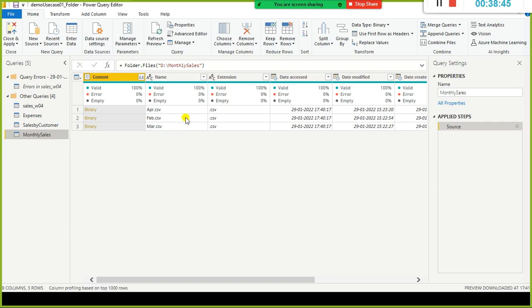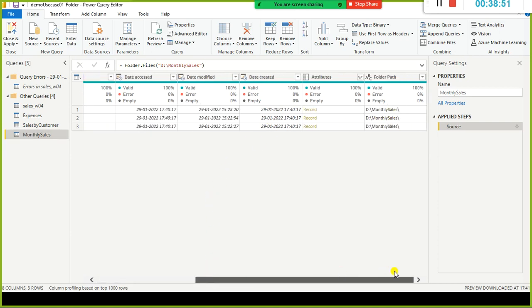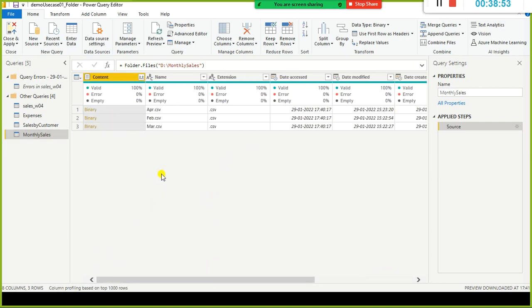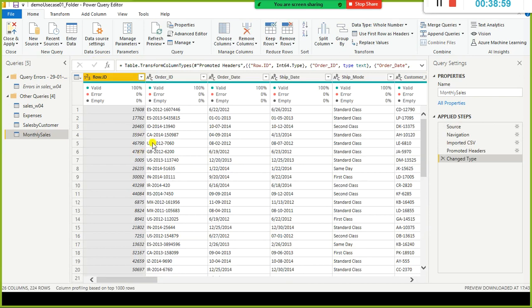Whatever we saw in the pop-up window, the same thing we can see here: date accessed, everything, folder path. But when you click on this binary, the first one will show you the first month's data, the first file's data. And if I don't want to see this, you can undo it by clicking on the cross button on the right side.